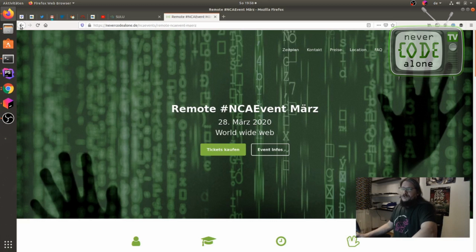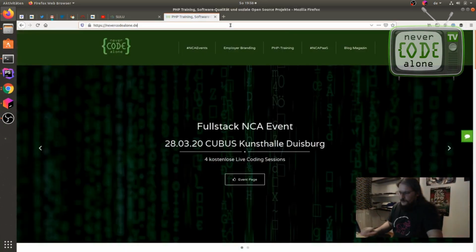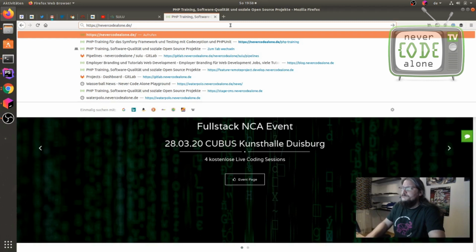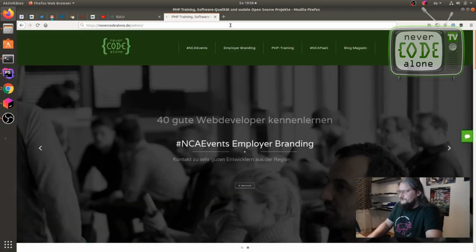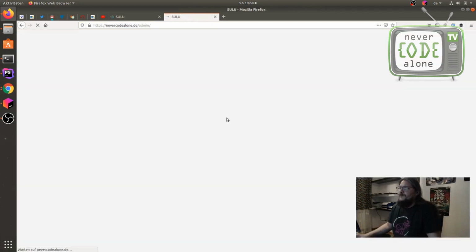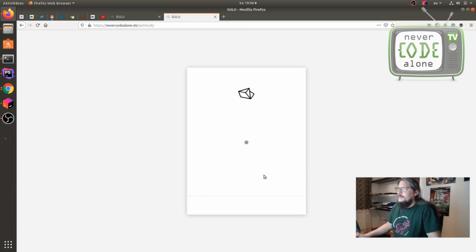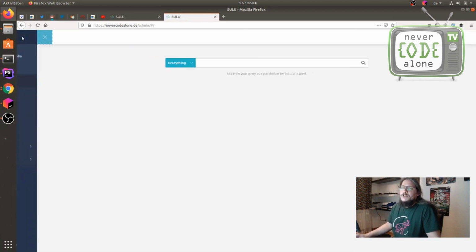The imprint is working, and when we log in here to our live system, we see that we can log in, and we have now our features here.